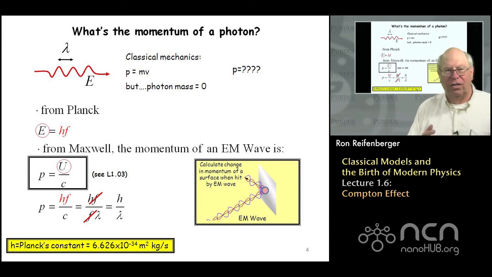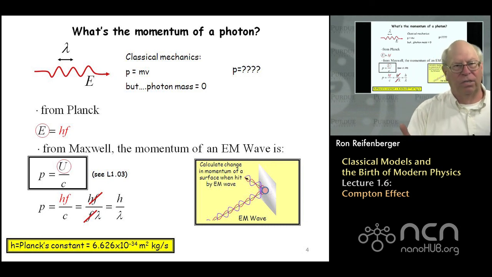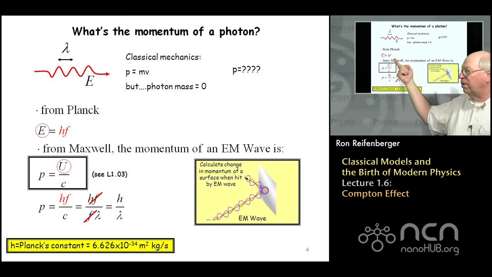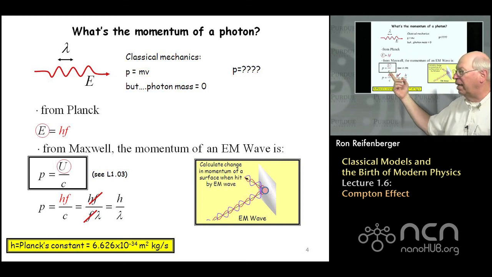So what you had to do is come up with a general expression for momentum of a photon. The argument for that is not rigorous, but it gives the basic idea. From Planck, we know that the energy of a photon is equal to h times the frequency f, right? But from Maxwell, we know that when an electromagnetic wave interacts with a surface, there's a momentum transfer, and that momentum transfer is equal to the energy u delivered to the surface divided by the speed of light c,